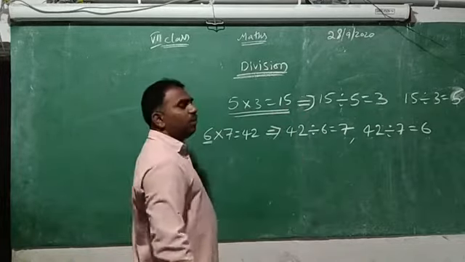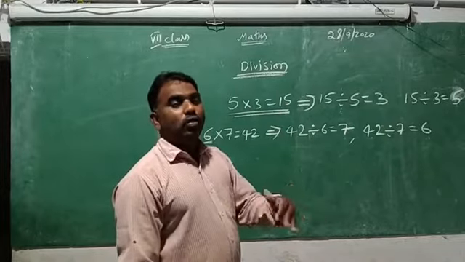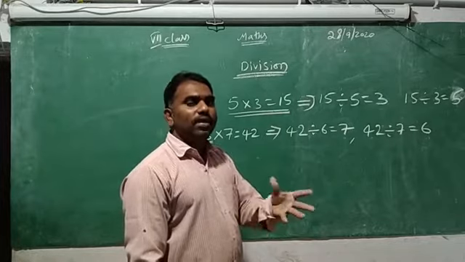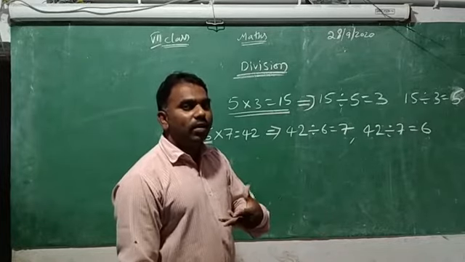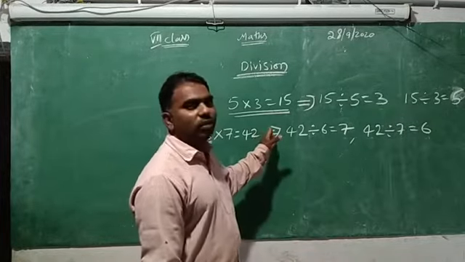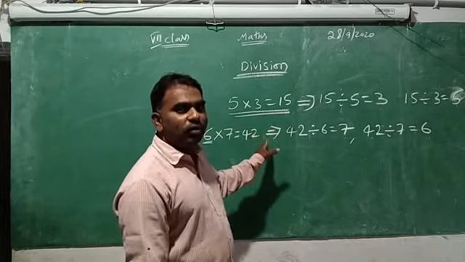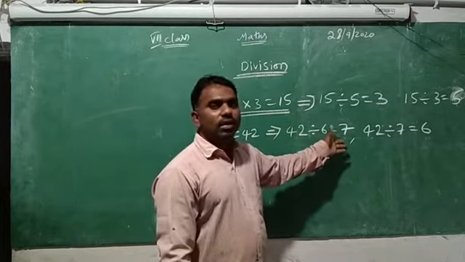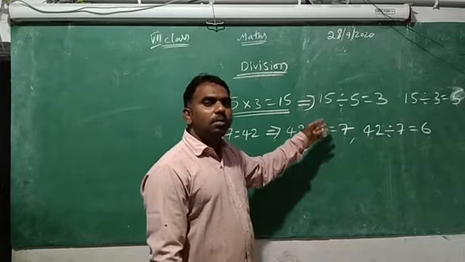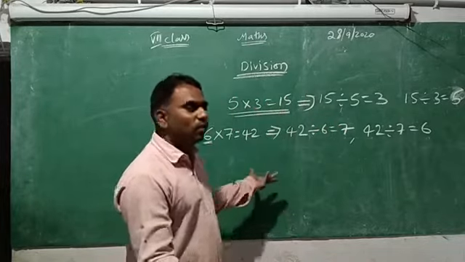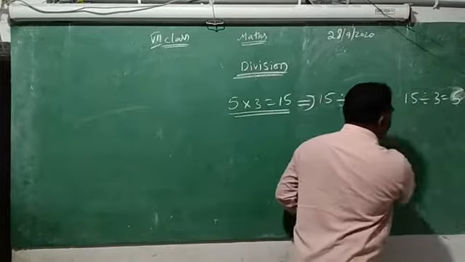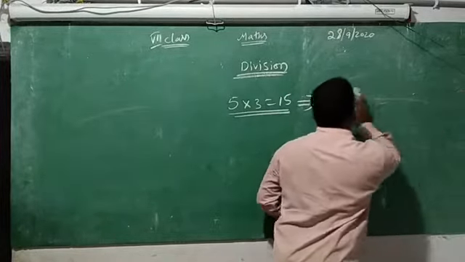Because integers are a new thing. Negative numbers are different. So how do we divide the negative numbers? There is a doubt for us. Then how do you get it? By using the multiplication. If you know the multiplication, by using the multiplication, you can do the division. The divisions are going to form by using the multiplication only. So what can we do now? By using the multiplication, we will learn the division.